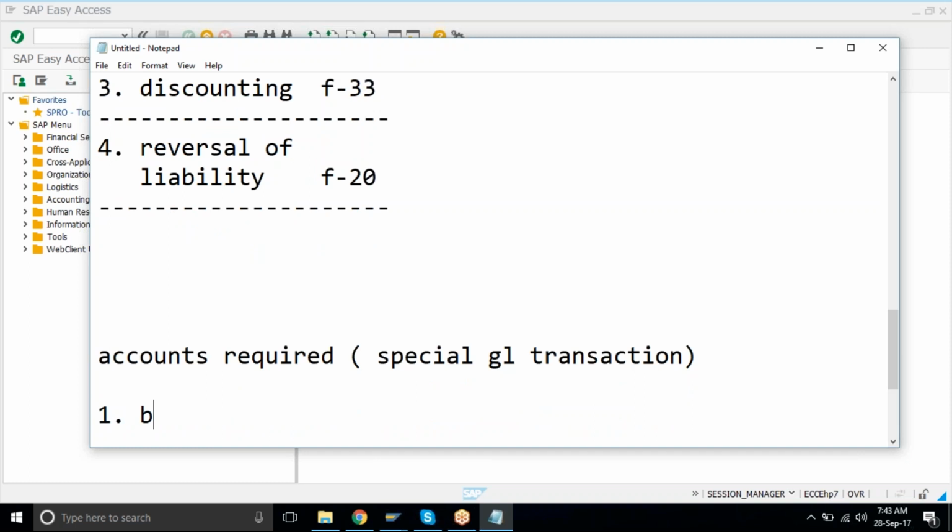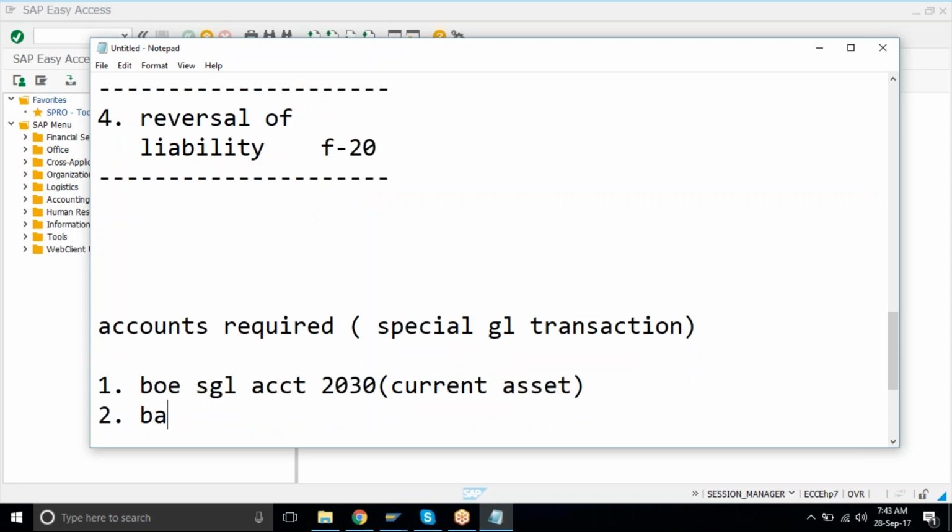First of all, bills of exchange is a special GL account. This is going to be one account in the current asset series. So we'll create something like 2030, in the current asset series.